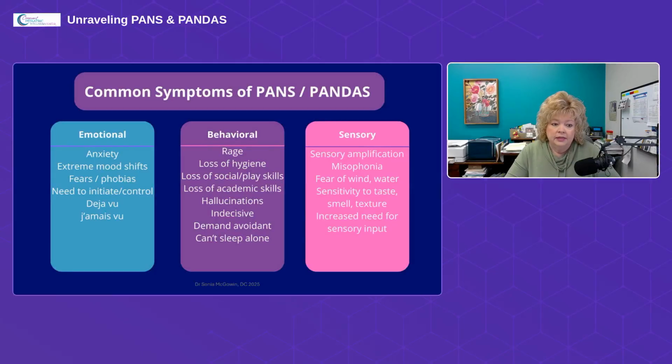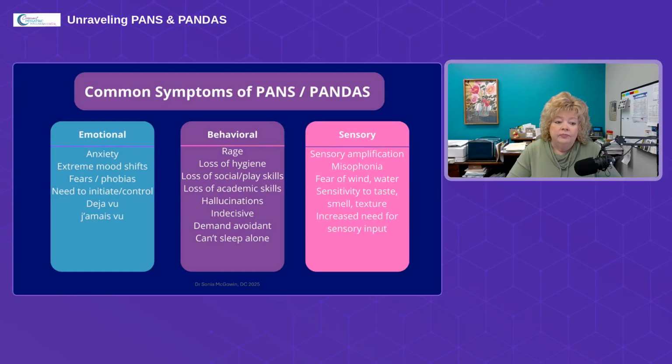So that is knowing that you are in a situation, you've been in this situation before, and you should know what to do, but you don't. And so both of those are pretty common. We also have behavioral symptoms.